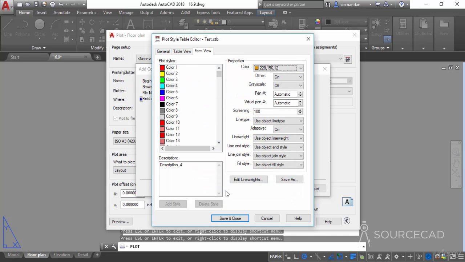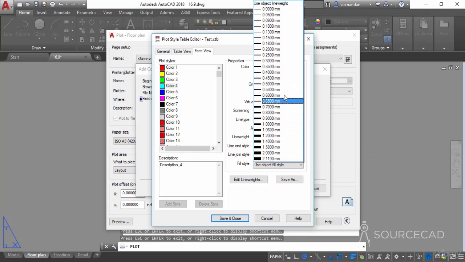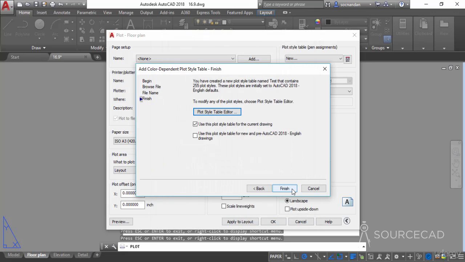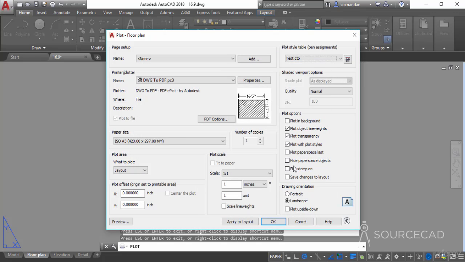Click on OK. That's quite recognizable. Now if you want, you can also assign some line weight to this. So I'll go to use object line weight and change it to 0.5. These are the two settings which we have changed, but obviously you can change lots of different settings here. Now I'll click on save and close and I'll click on finish. So now we have created our own test.ctb plot style.